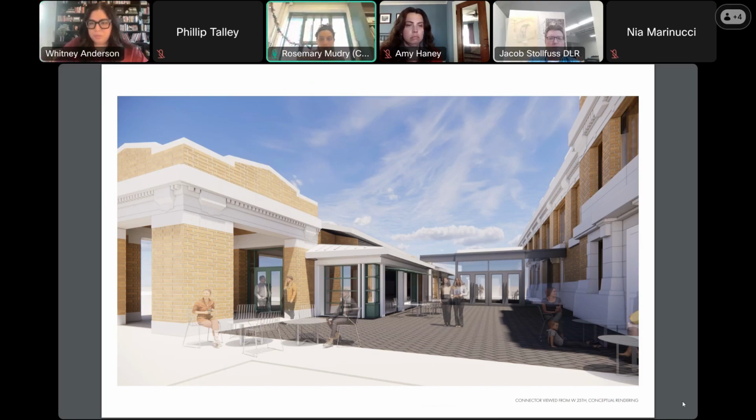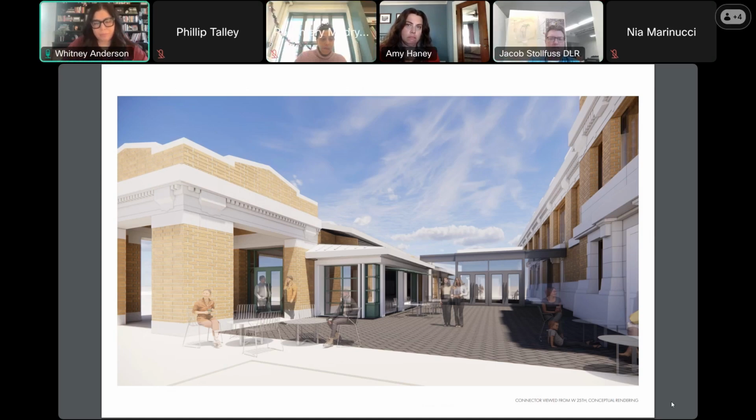I think just one other perspective is that the National Park Service has really pushed to keep it as simple as possible. Amy, you might say it better, but essentially they don't want you to mimic the historic nature. They want you to keep it simple and make it clear that this is not part of the historic building. So I think that's an Amy and Jacob question: how do we meet their desire for simplicity, but recognize the importance of it feeling welcoming?